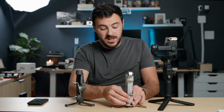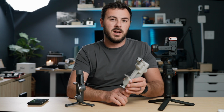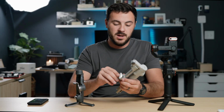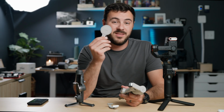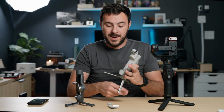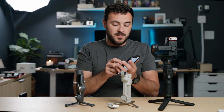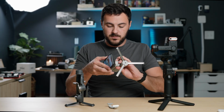But the thing is that even the Insta360, the biggest thing that I think would make it harder to put in your pocket is going to be this part here. But we can take that off and you can replace it with this little piece that works amazingly if you have an iPhone. And now you have nothing there, so it's not going to bother you in the pocket. And actually how this works is it just connects to the back of your phone, just like that. And then if I want to film,